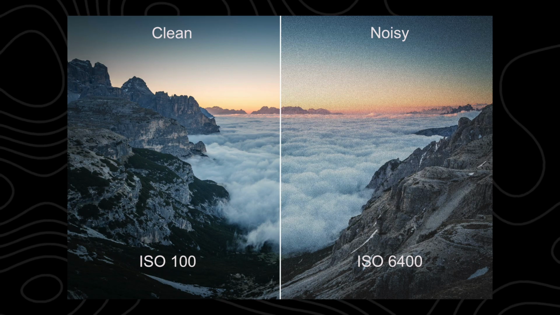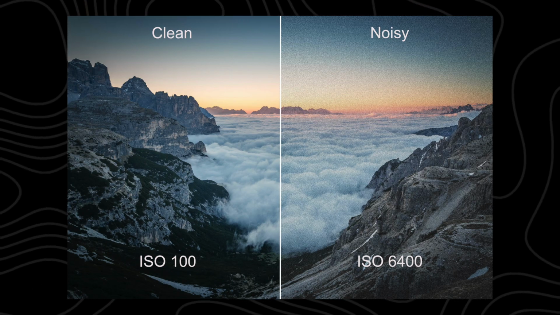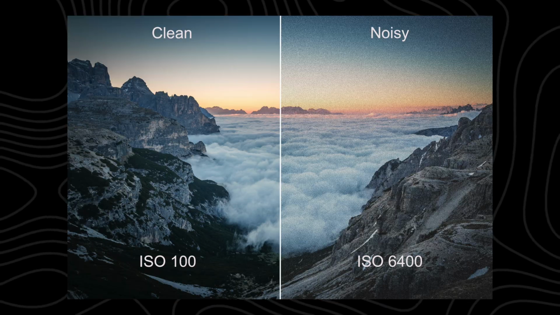So our goal is to try to keep the ISO as low as we can to have the highest possible footage quality. So I'm gonna change it to 100. I'm gonna go here and change it to 100 ISO. And this is it. Now what I can do is control my light to make sure that